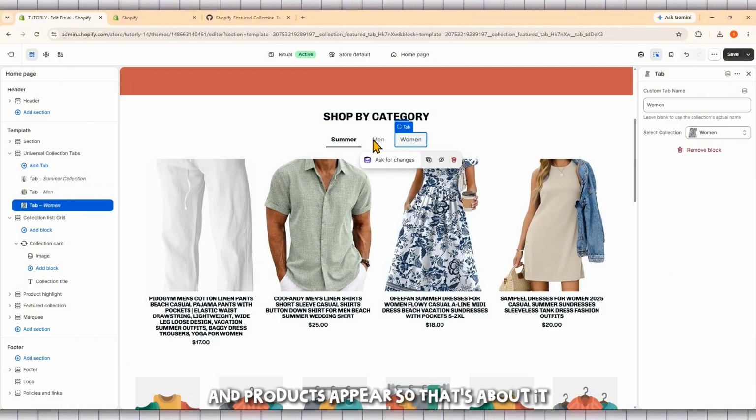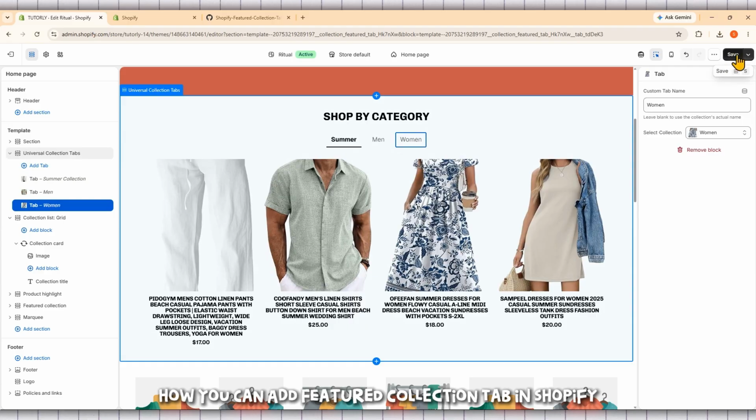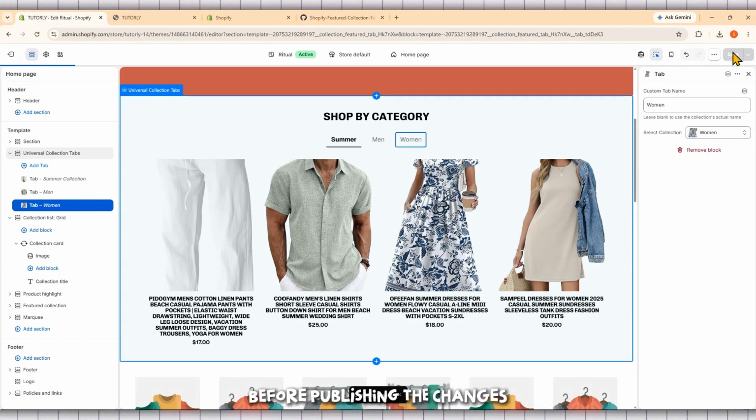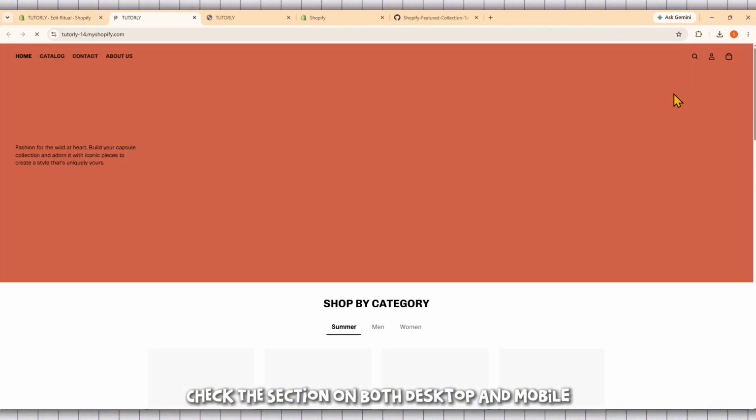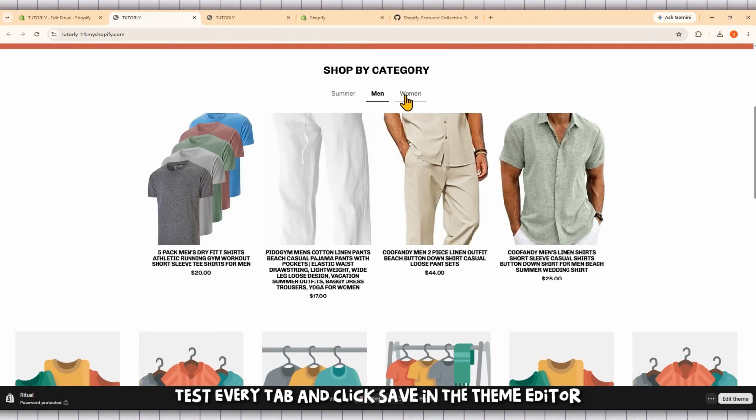So, that's about it, how you can add Featured Collection tab in Shopify. Before publishing the changes, check the section on both desktop and mobile, test every tab, and click Save in the theme